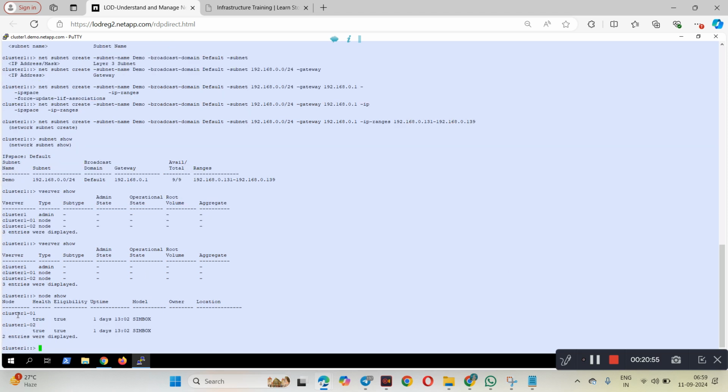What is happening is the junction path. Junction path means